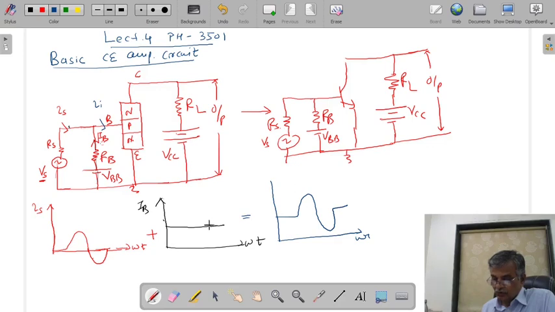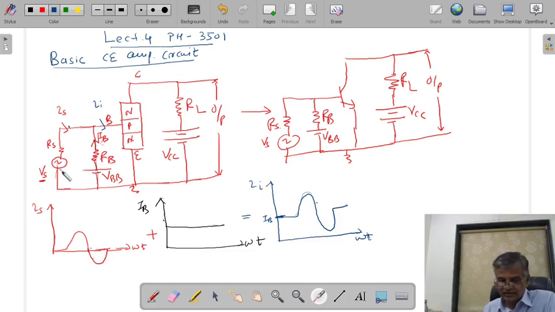With this, AC rides over the DC, so that I am showing you here. This is your DC plus AC. This is your DC IB plus this is your AC IS. This is your IS, this is your IB. So IB plus IS will be equal to the input current.